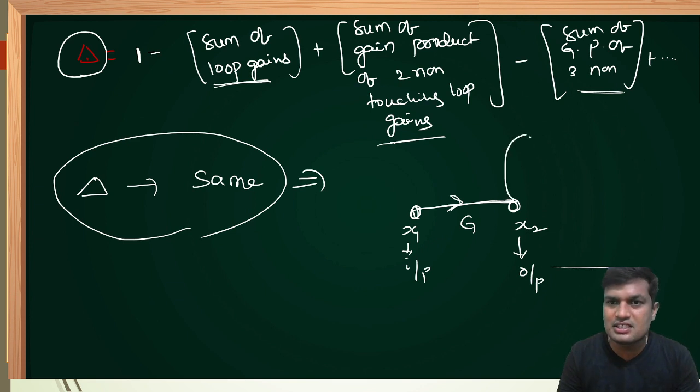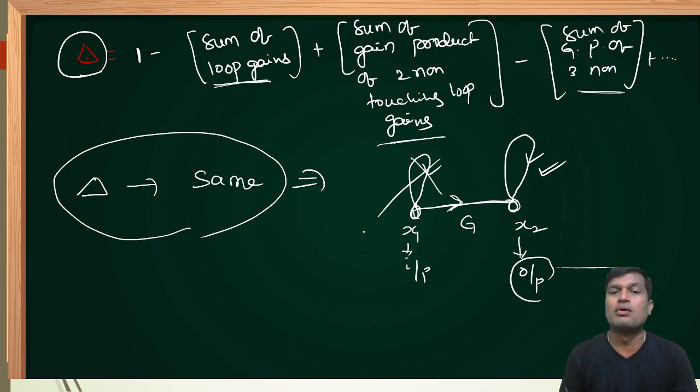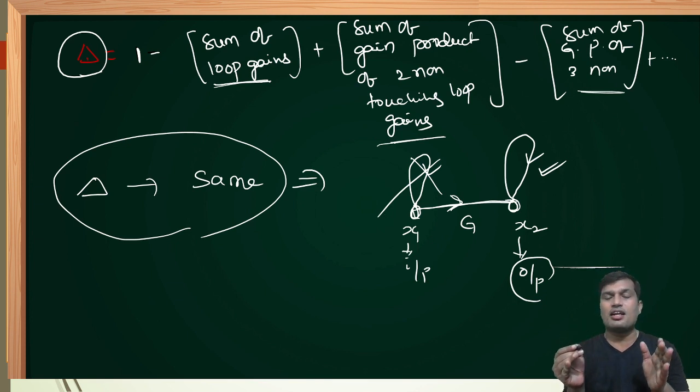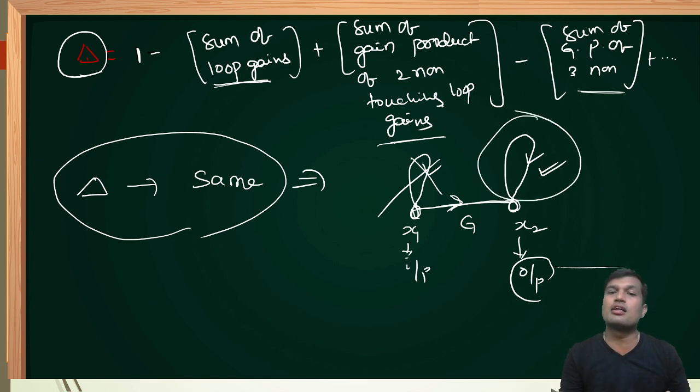Dear friends, this is a self loop. This self loop is considered while calculating the transfer function on the defined output node, but whenever a self loop is there on the input node, please don't consider this self loop while calculating the transfer function. Or simply, while calculating the transfer function in a signal flow graph, self loops are not considered on the defined input node, whereas self loops are considered on the defined output node. Please remember this. I think everybody understands.